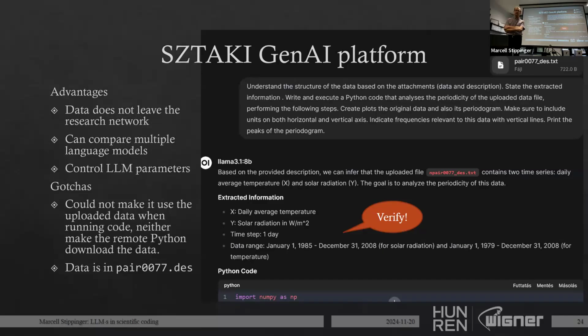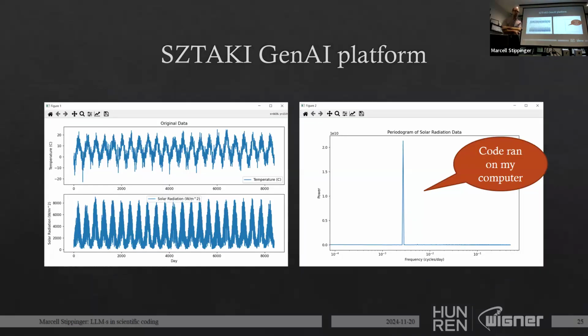And it used the correct SciPy libraries. I won't show you the code, it's included in the repository. It's the raw data, it was plotting it correctly in the same window. Then it was showing in two separate windows the periodogram of the data. And if